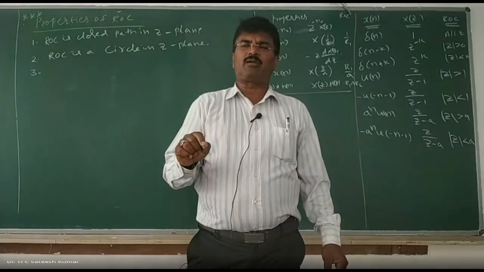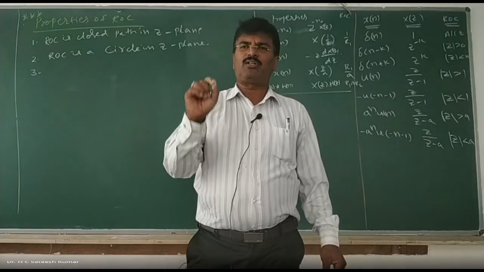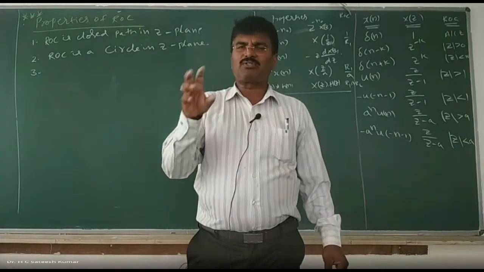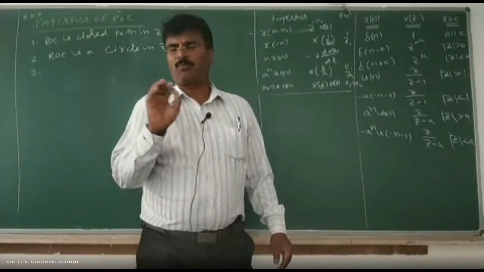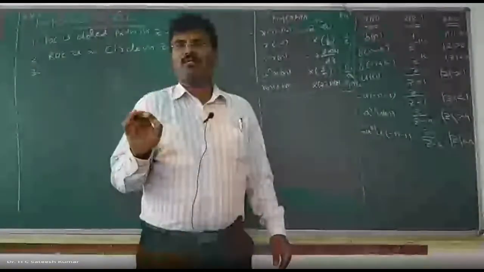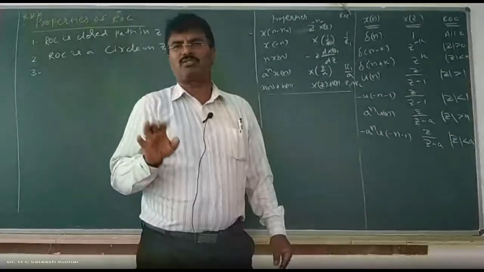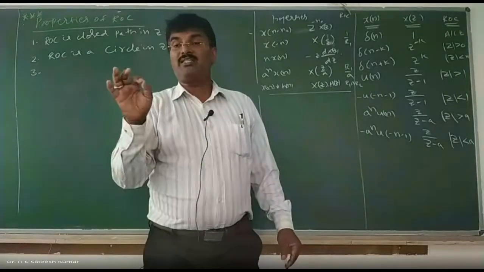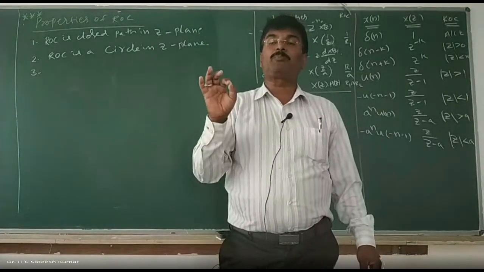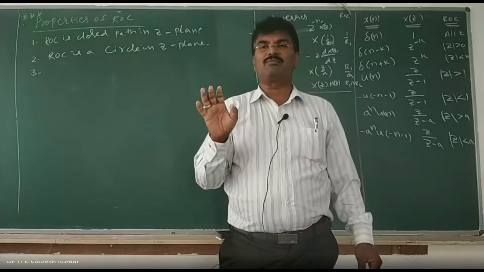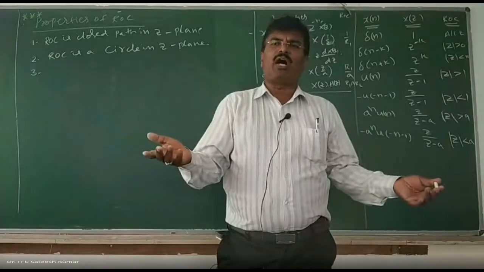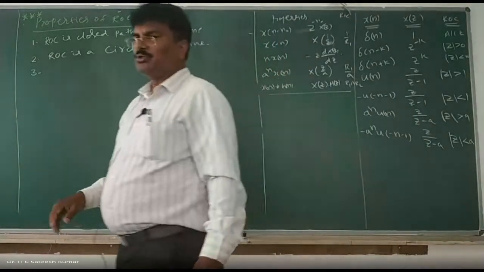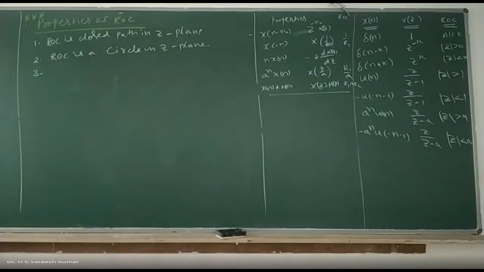A pole is a point in the Z plane, with values of Z for which X of Z is equal to infinity. That is a pole. And a zero is nothing but the values of Z for which X of Z is equal to 0, we said. What is the ROC? It is the region specified in the Z plane for which X of Z is obtainable or finite. A region of convergence, we said. So both of them are contradictory to each other. A pole is a point where X of Z is infinity. ROC is the region where X of Z is finite. So therefore, what you should tell is poles cannot lie inside the ROC.